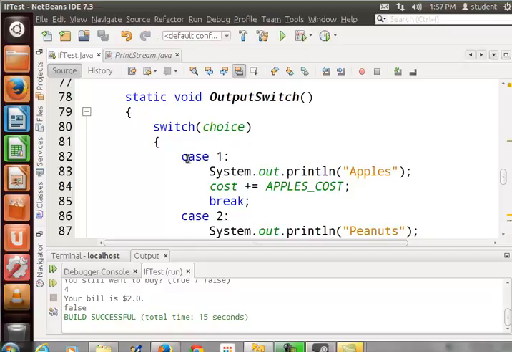So if I come here into my switch, I tell it what variable I want to test for all my different cases. That's the other thing: you can only test one variable for all your different cases. And you say switch in here, and I want to be testing the choice variable. This works because we're choosing between apples, peanuts, and it's all with the choice variable. So open curly brace here. We have case space 1 colon